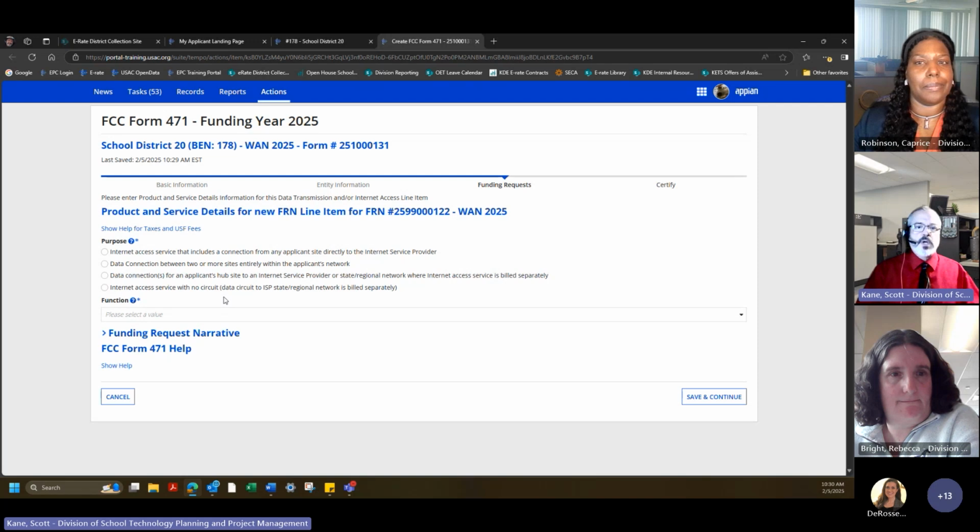has 4 schools. You have 2 elementaries, a middle and a high school. One of the elementaries and the middle and the high school all have a 10 gig connection, and it all costs the same amount on a monthly basis, like $2,000 on a monthly basis for each circuit. You can group those together on the same line item, but that fourth element, that fourth school, that second elementary